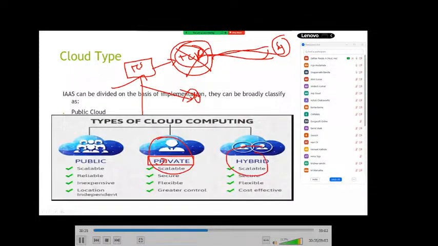Hybrid, you know, right? Hybrid is a keyword nowadays in IT; we are asking about the hybrid model. What does it mean? Hybrid in the sense, the combination of public and private is called hybrid. In the same way, in our generic words, 2 days work from home and 3 days work from office, the combination we call the hybrid model. Am I right? Same way here also. A few of the applications are running in public and some of the applications are running in private.